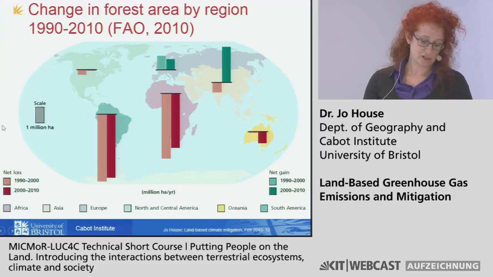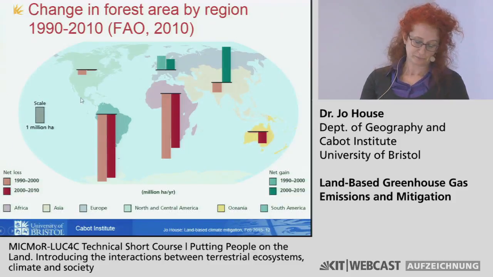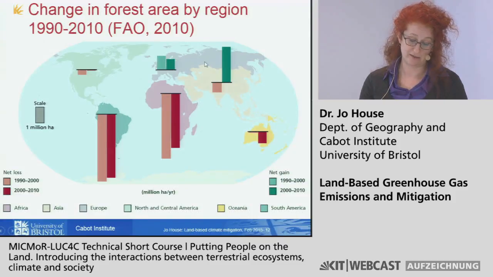But this, for the moment, is just showing you net loss of forest or net gain of forest over the 1990s and in the 2000s. Back to your question as to why the emissions are going down: you can see that the net loss of forest in Brazil has gone down, the net loss of forest in Africa has gone down. There are also some countries where there's afforestation. Asia's changed from net forest loss to net forest gain, and there have been gains in forests in Europe.